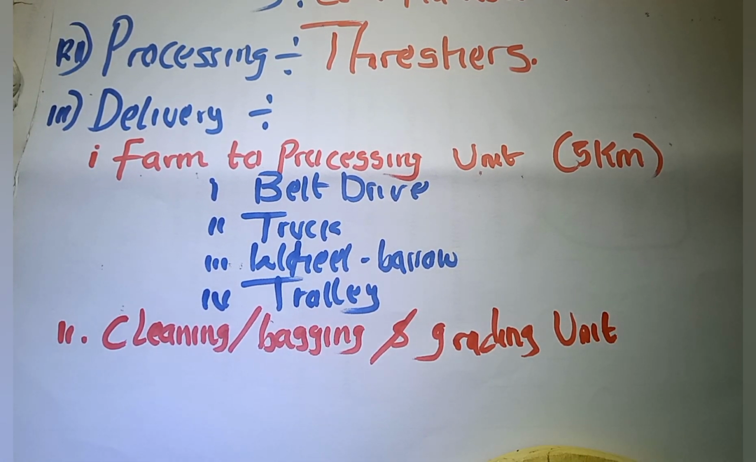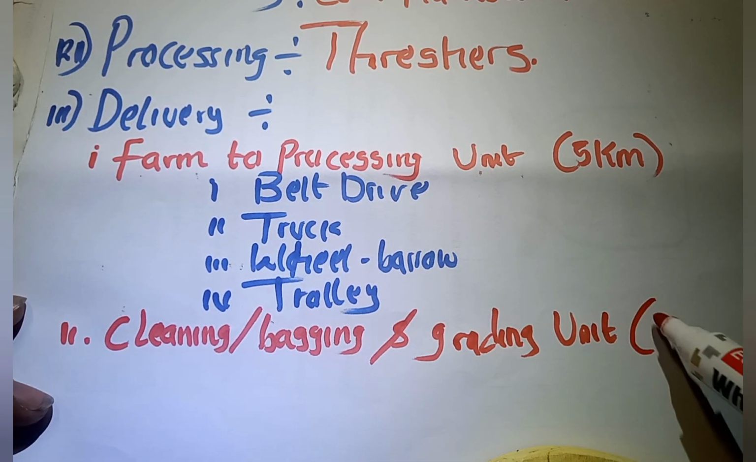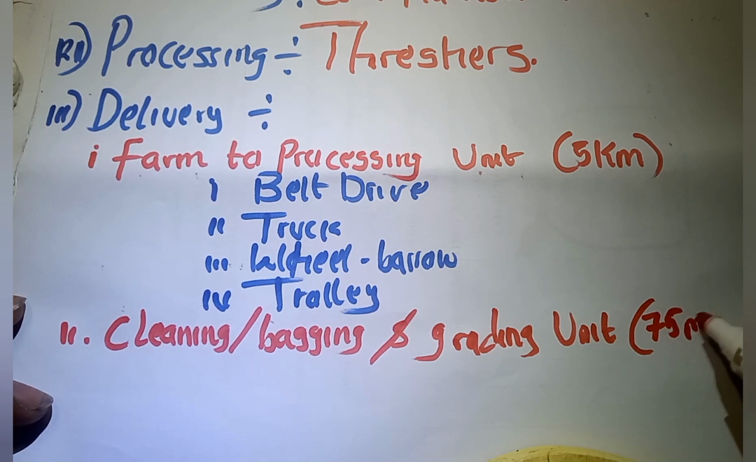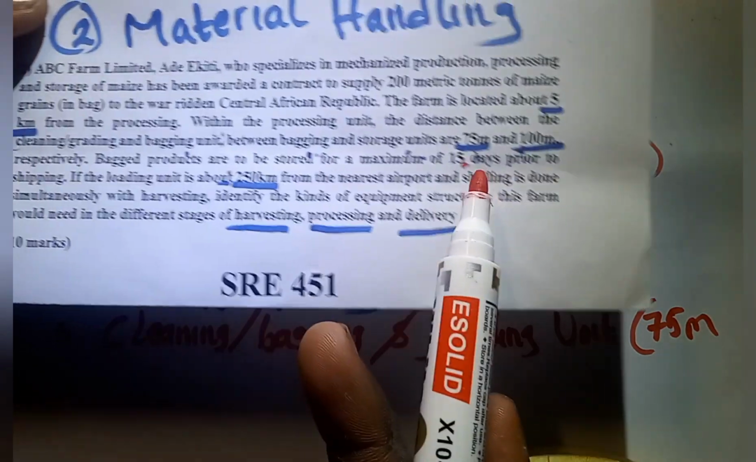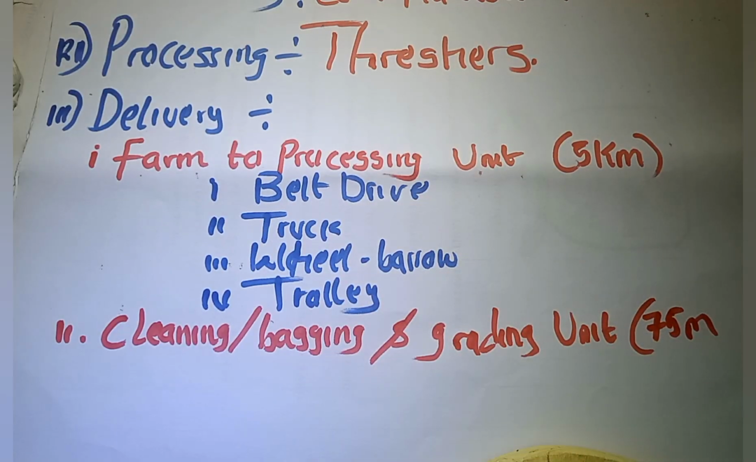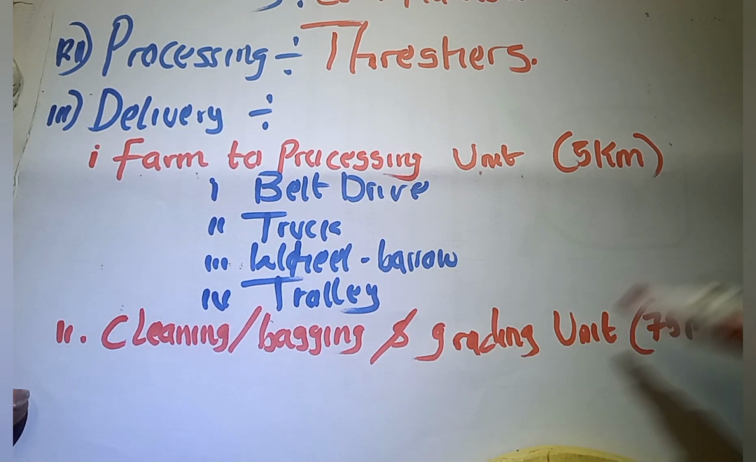Cleaning, bagging, and grading units. So don't forget that the distance is what? 75 meter. Of course, that's the distance. If you are not sure, if you are doubting me, this is it. The distance is 75 meter from the question. So the cleaning and bagging unit, and the distance between the cleaning and bagging and the grading unit is 75